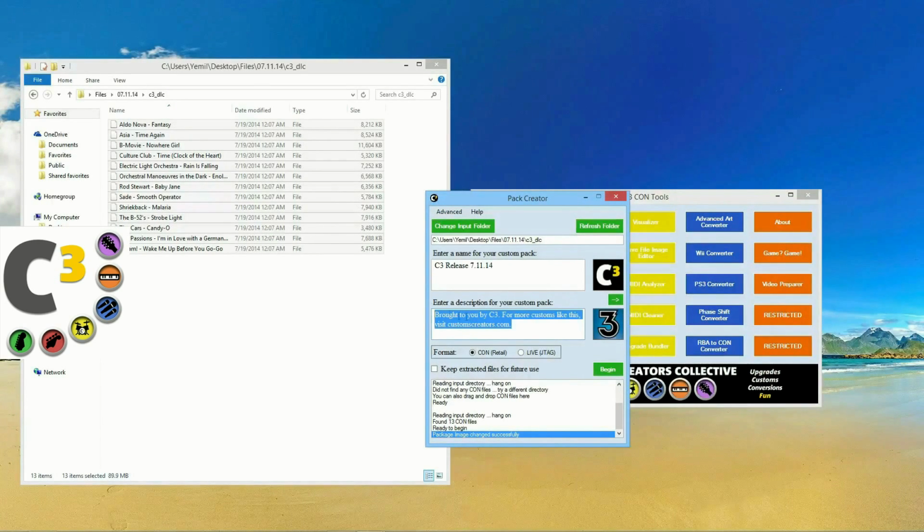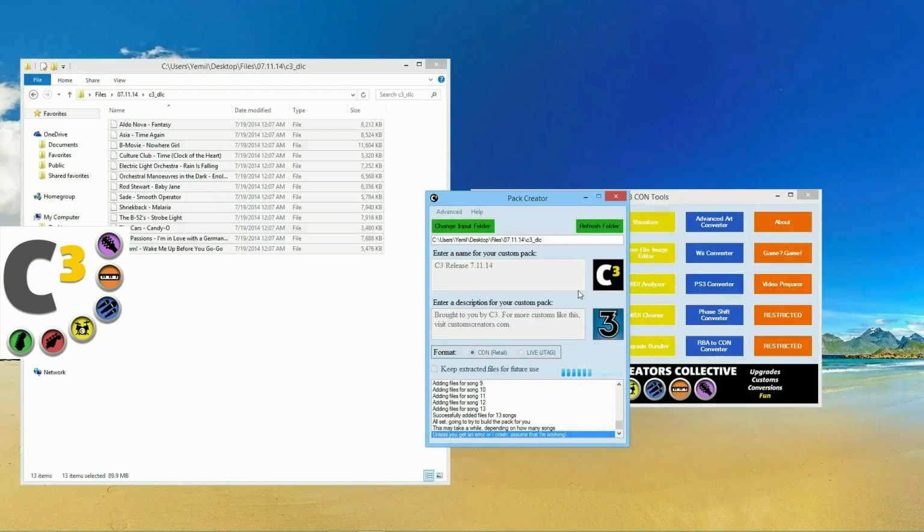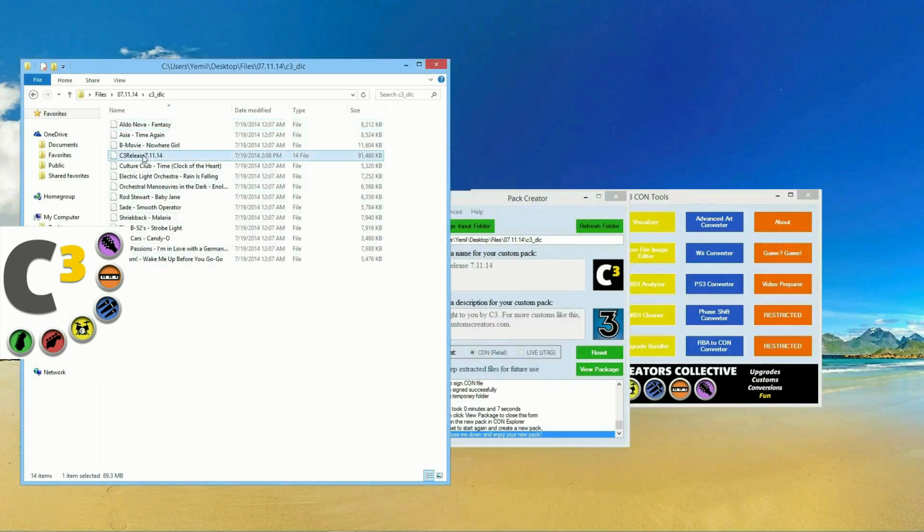Now, that came out real quick because if you press C and 3, this comes out automatically. And here we go. All you got to do is click. And we're talking about, what, 3 seconds, 5 seconds, you have a pack. There you go. Your pack is created. So now you have this one pack that has 13 songs inside, and when your game is loading, it's only